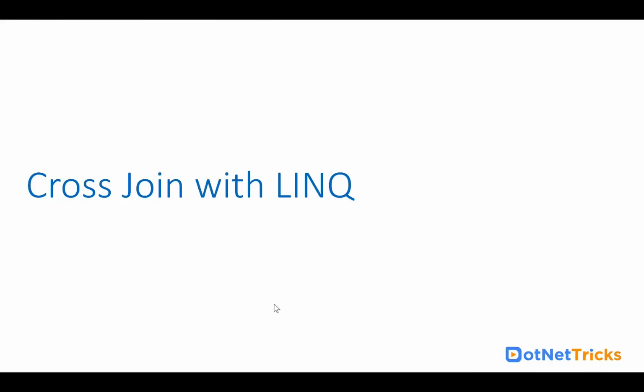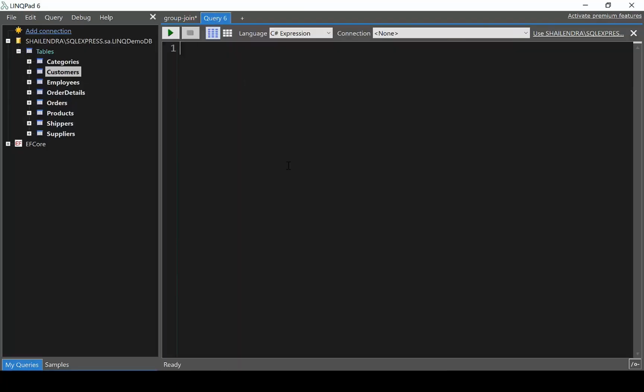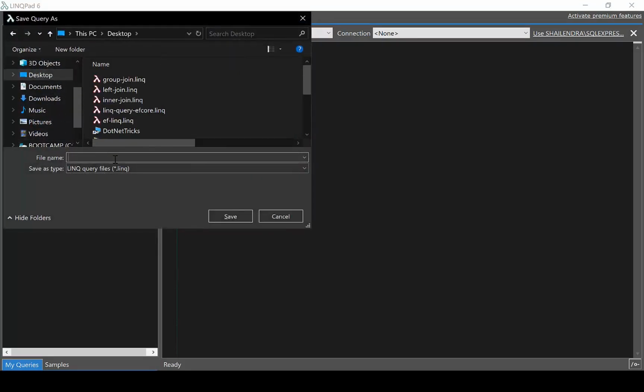CrossJoin with LINQ. When you're talking about the CrossJoin in SQL, it is a Cartesian product of both the tables. It means we get the result from both the tables as a Cartesian multiplication. Now let's have a look at how we can write the query for the CrossJoin using LINQ. I'm having the same LINQPad. Let me add one more query window, then save it here with the name